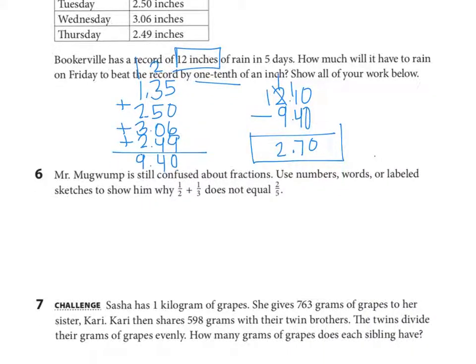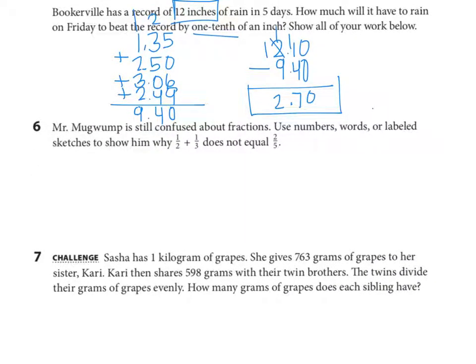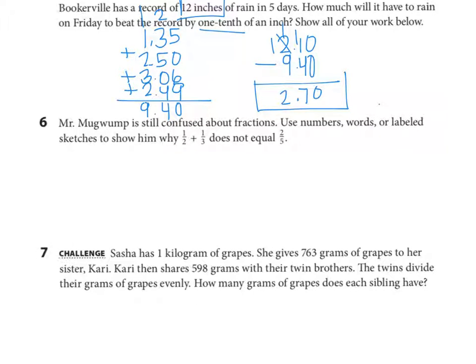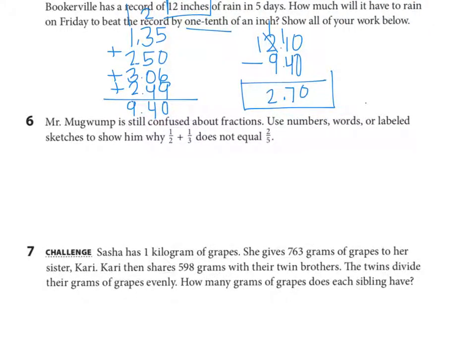Number 6 says, Mr. Mugwump is still confused about fractions. Use numbers, words, or labeled sketches to show him why 1/2 plus 1/3 does not equal 2/5. So it's asking me to use numbers, words, or labeled sketches to show. So maybe I can start by using equivalent fractions. I can say 1/3 is equal to 10/30. And I could say 1/2 is equal to